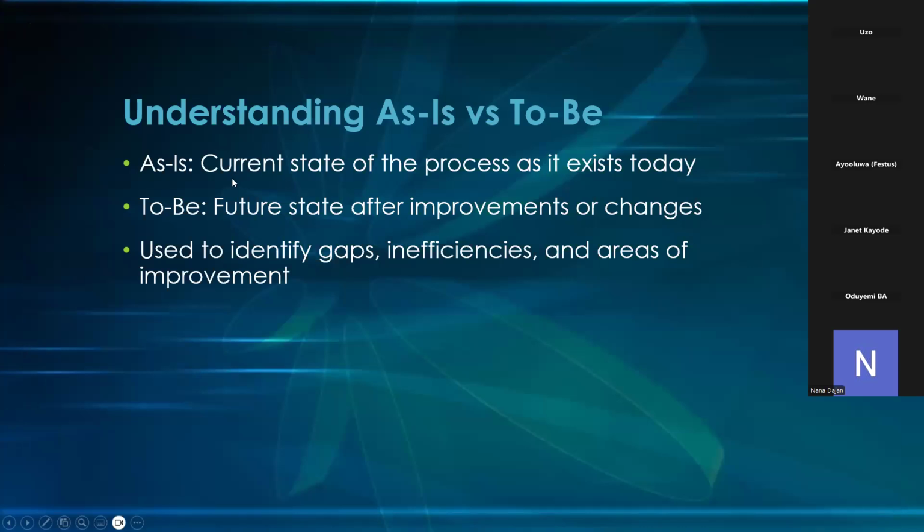So what is as is? Understanding as is versus to be. As is is the current process. That's what exists today. So on day one, when you get your job as a business analyst, there is a process on ground. However, just a caveat, there might be situations whereby you are employed for a project that is new. There is no process at all on ground. Those kind of projects are called greenfield projects. So there is nothing previously on ground. You are the first person doing this project,